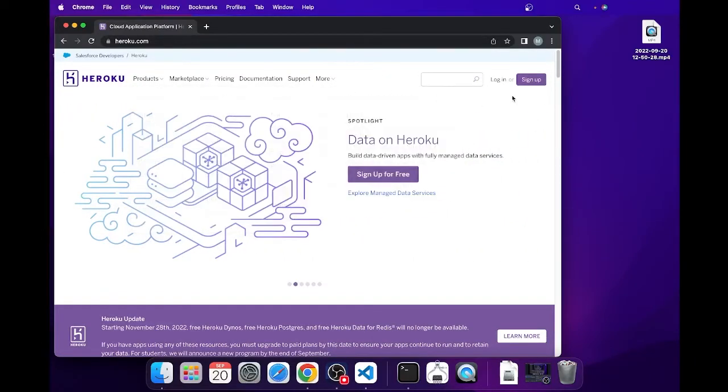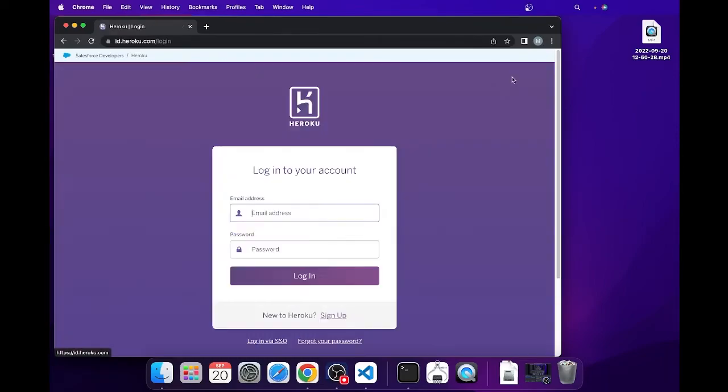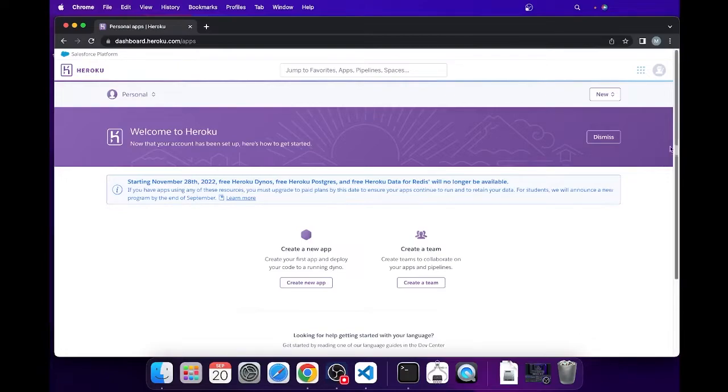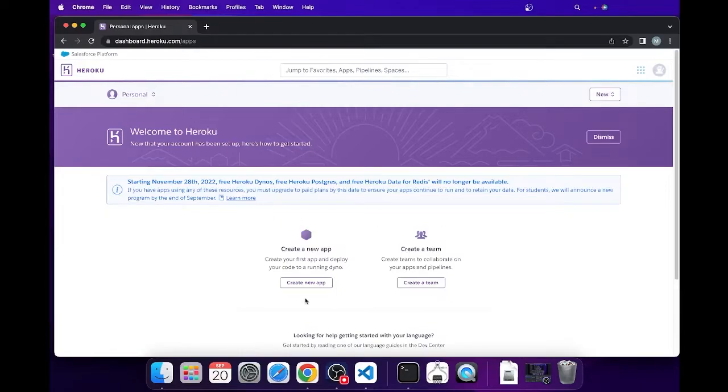And what I wanted us to do is, if you haven't signed up already, make sure you click sign up and fill in all the information that you need to log in with your email and set up your password. I'm just going to log in. So right over here we got Heroku. When you log in, you should see this little dashboard area, and essentially when you just signed up it should have nothing. You can always click on these 9 little circles here, go to dashboard, and you get to this area. Right now we want to actually create a new Heroku app, so we're just going to go here